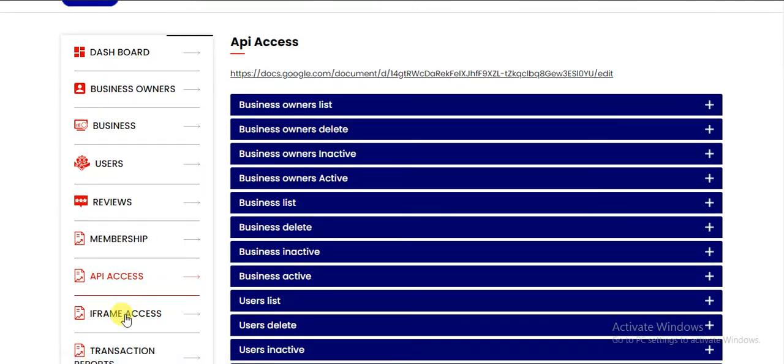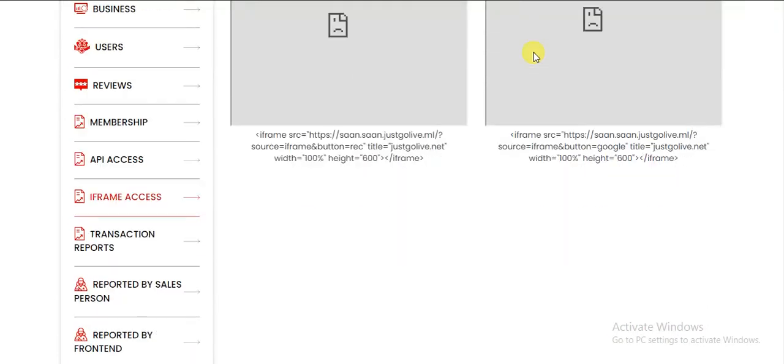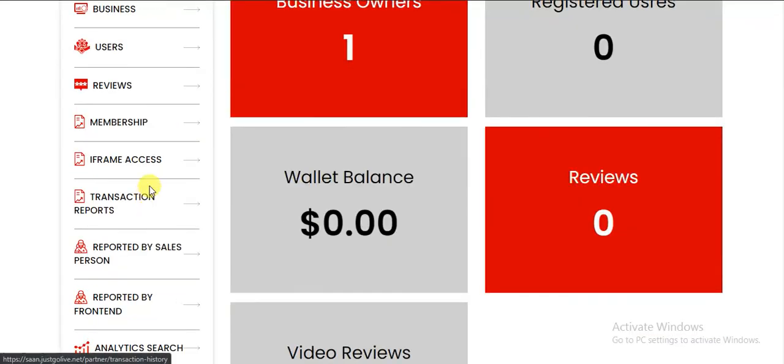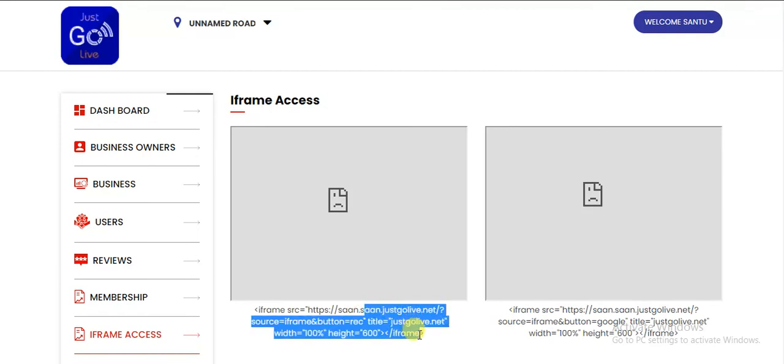Now, I mentioned iframes and snippets, which all users will get. Basically, these are the iframes that are available here. So the user can use this iframe and put it somewhere on the site. The iframes are not coming here. Maybe I can show it from the live website. I think there is an issue with this. I will check and I will get back to you.